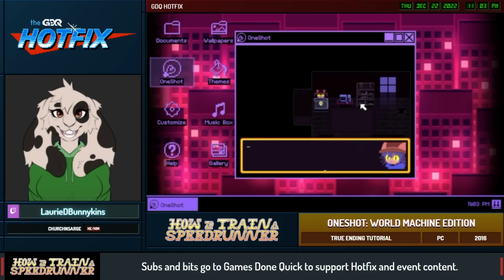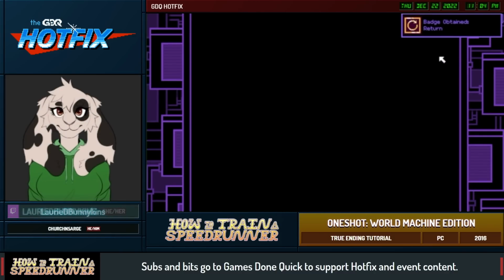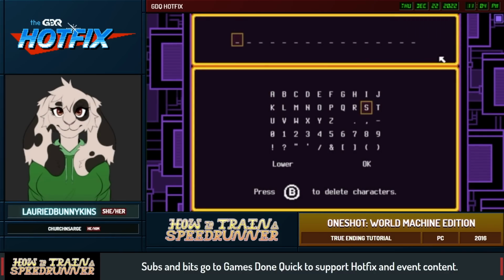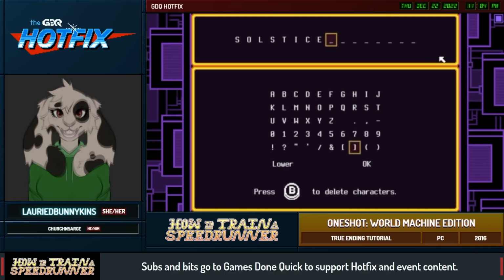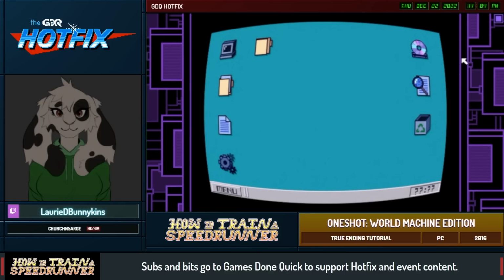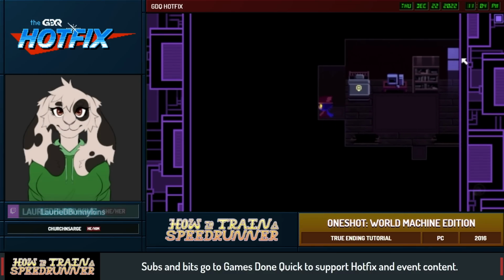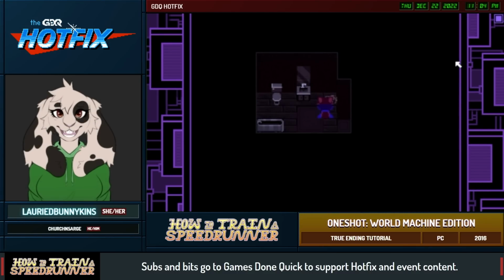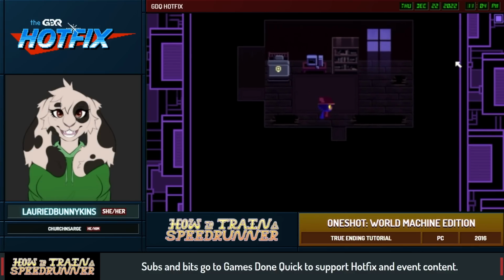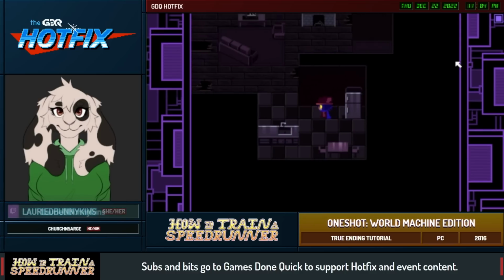So, once you do that and you reopen the game, you're going to be back in the opening house. The opening house is mostly the same, except with one small change. Instead of needing the TV remote to get the computer password, it is just going to be the word solstice. So, we input that, and then we go through the opening house the exact same way as the first ending, grabbing the branch, grabbing the bottle from the fridge, and then making the torch for the